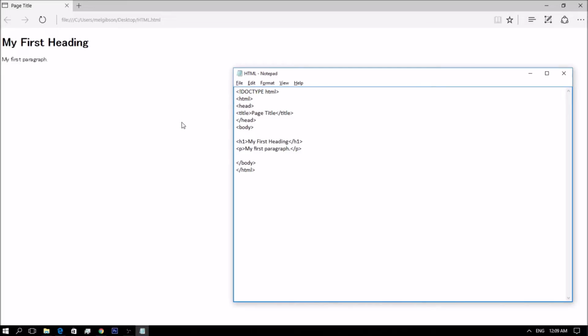So the HTML element defines the whole document. It has a start tag HTML and an end tag HTML. The element content is another element. It is the body element. Defines the document body. It has a start tag body and an end tag body. The element content is two other HTML elements, the H1 element and the paragraph element.